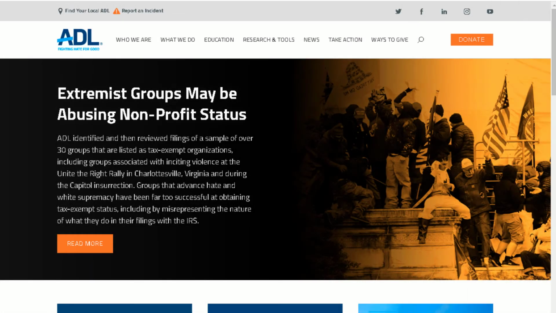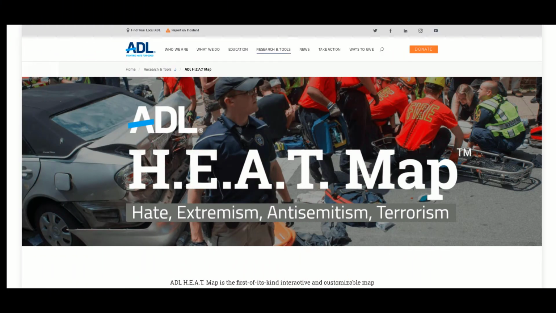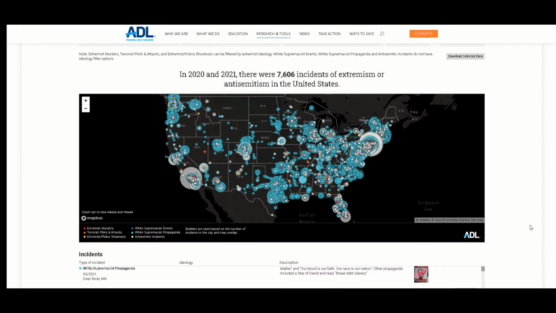Let's look at some examples of GIS-enabled websites. The Anti-Defamation League has some very good interactive GIS maps throughout their website. One example is their heat map. The heat map, which stands for hate, extremism, anti-Semitism, and terrorism, you'll see the interactive map dominates the middle of